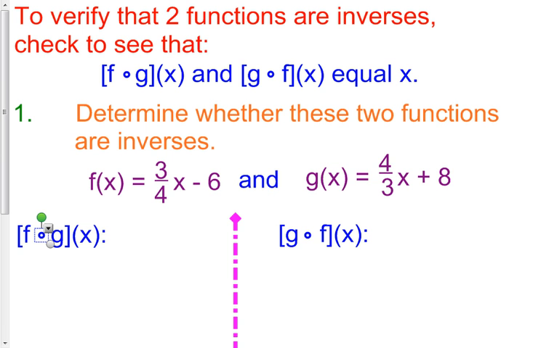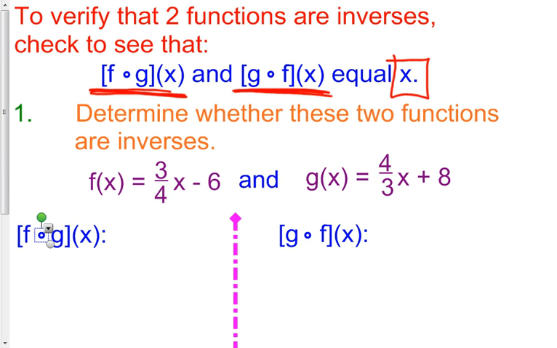line y equals x. Another way we could see if they are inverses of each other is to do f of g of x, so put one function into the other, and do g of f of x, so put f into the g function, and if their identity equals x, then we know that they are inverses of each